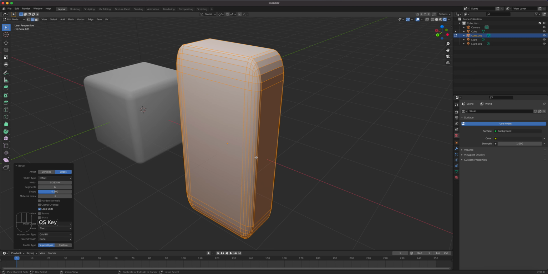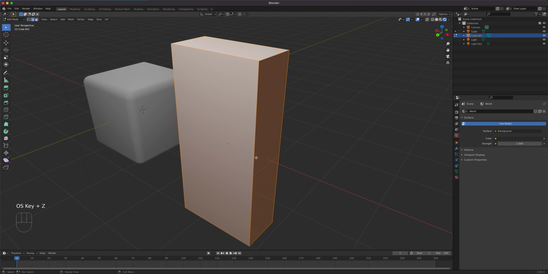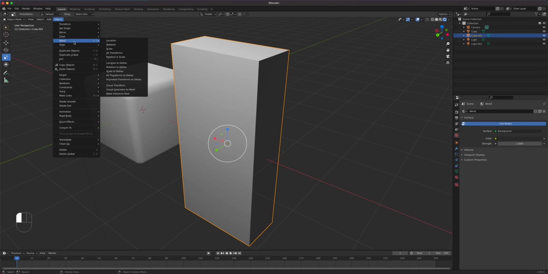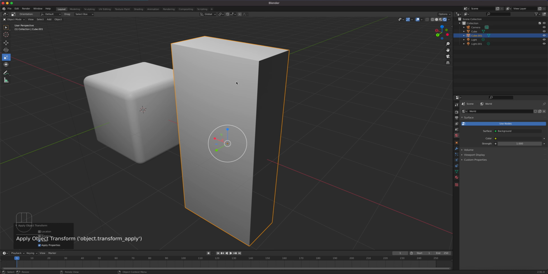Okay, so I'm going to click undo to get rid of the bevel. I'm going to go to object mode. Remember, you have to be in object mode. Hit tab. Okay, go to object with the object selected. This is before bevel. Object, apply, scale, because that's what we performed on this one. Once you do that, it applies the new shape now, and then Blender will take that into consideration, of course,